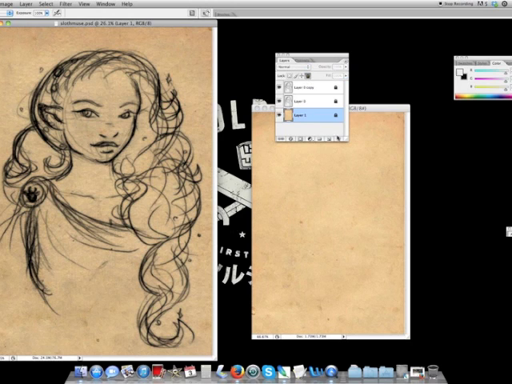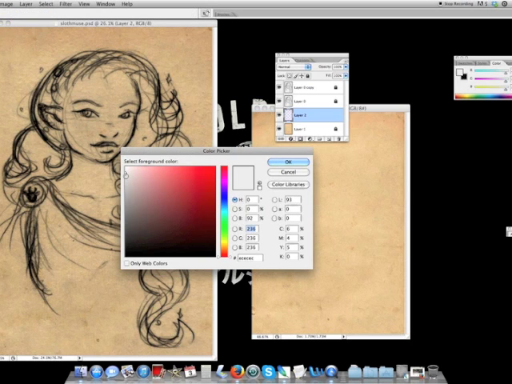So again, we lock that layer, add in a new layer, and sandwich it between the background layer and the two line arts. And now we can begin colouring. Now when I colour my characters, I always go for a few skin tones or base colours darker than what I would plan the final image to be. So for his skin,